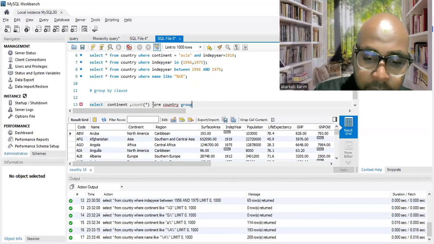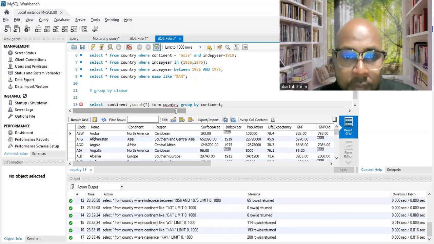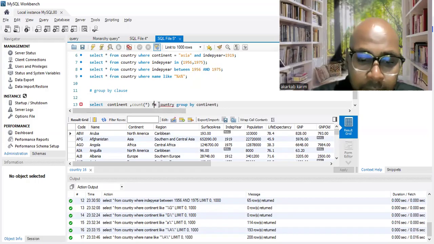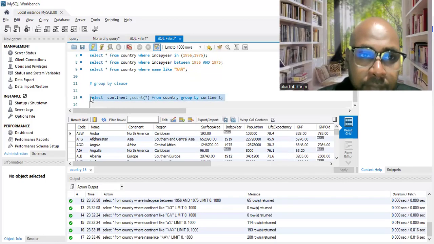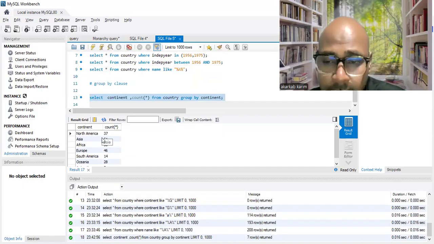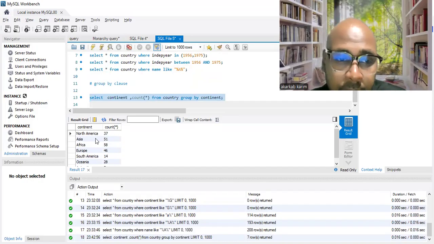So we want to group by continent. Let's run this query. As you see with me here, we have the number of countries in each continent based on this database, on this table.